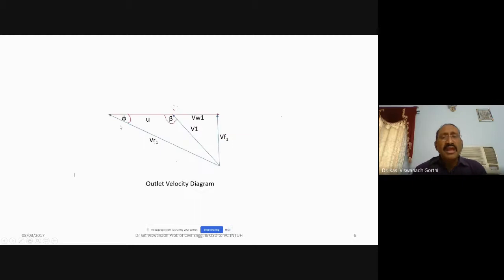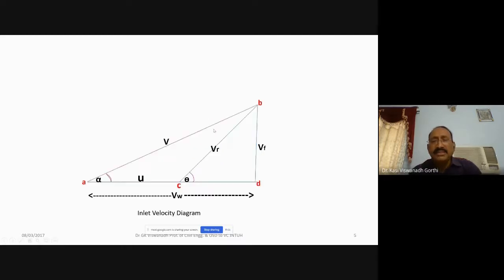So from this point, now represent the velocity of the vane u, both in magnitude and direction. Then the line joining these 2 points gives you the absolute velocity v1. You can see here the inlet velocity diagram where you have the absolute velocity of the liquid jet, velocity of the vane, line joining the points is the relative velocity, and you have two components for the absolute velocity: Vw along the direction of motion of the vane, and Vf normal to the direction of motion of the vane.